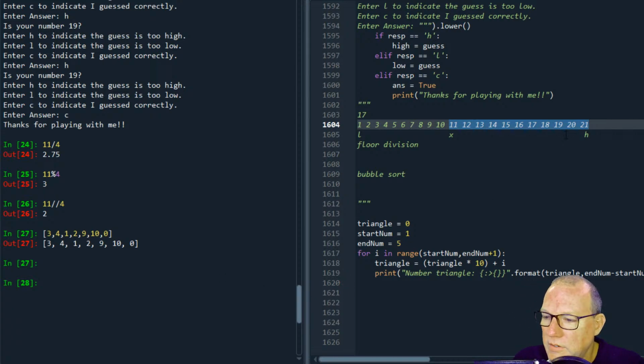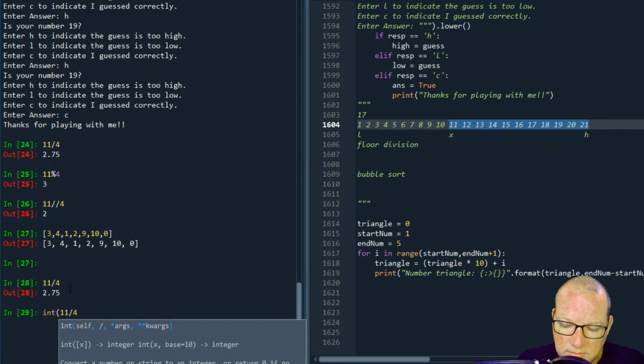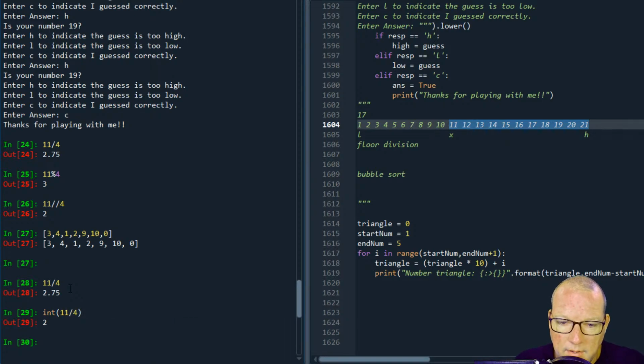All right, let's see. But yeah, if we could. Does everybody understand floor division? Does everybody get this? Because this is a really fast and easy way to not have to then take our answer of 11.4 and wrap this in an int and then go from there. We can just do this right here, floor division.